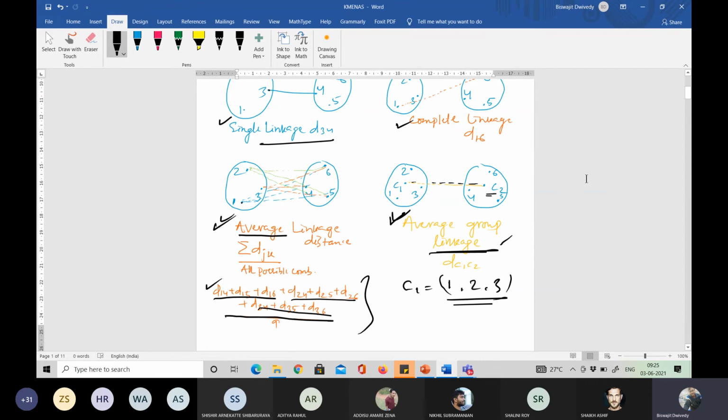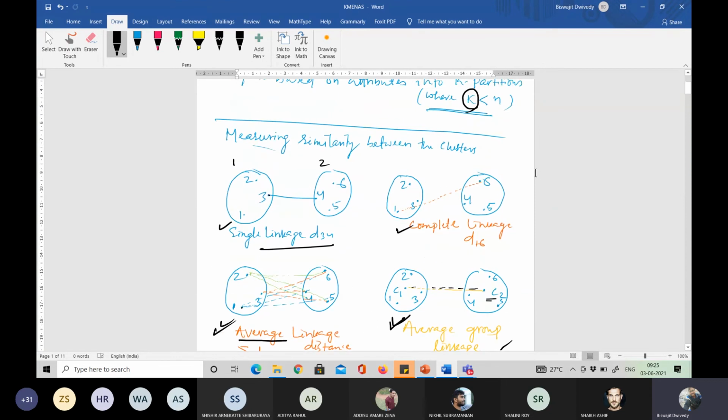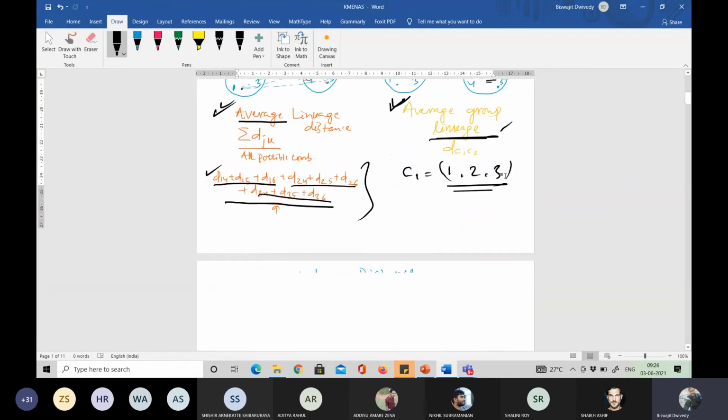So these four parameters, or you can say these four types of distance, are used for measuring the similarity between the clusters. Okay, remember that, measuring the similarity between the clusters, or you can say distance between the clusters. Okay, next thing,